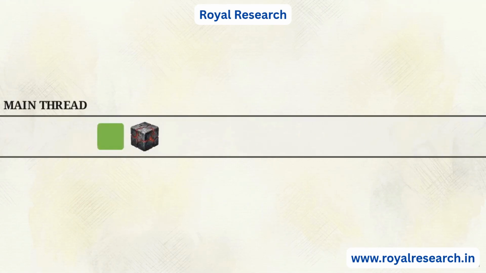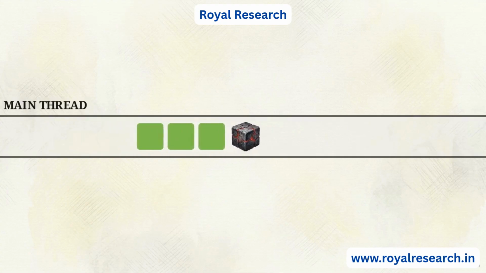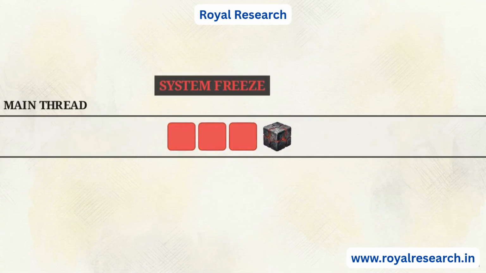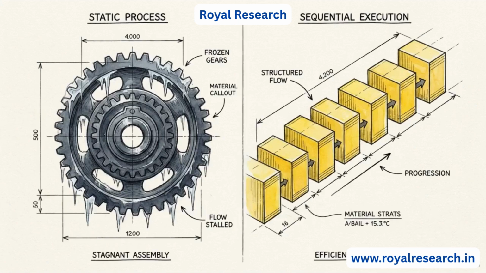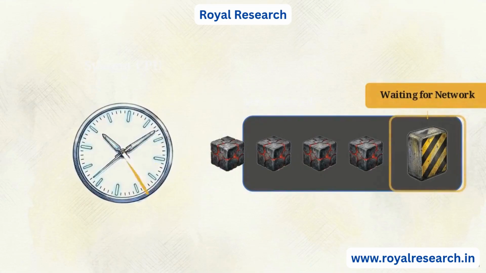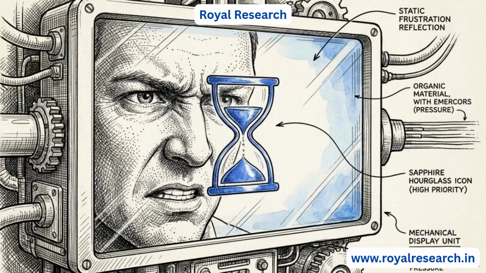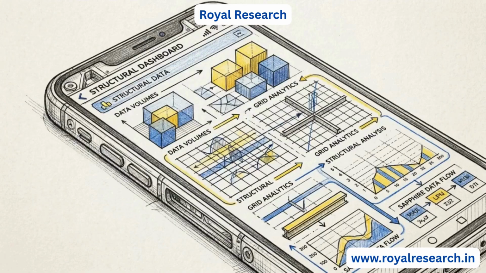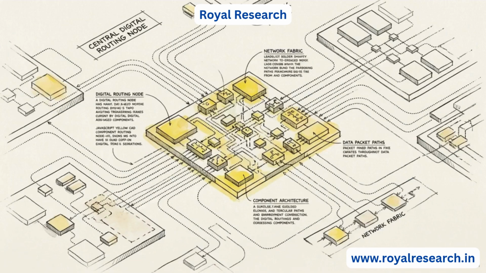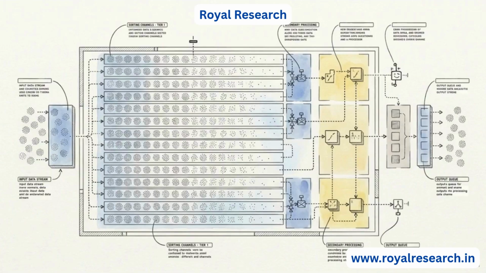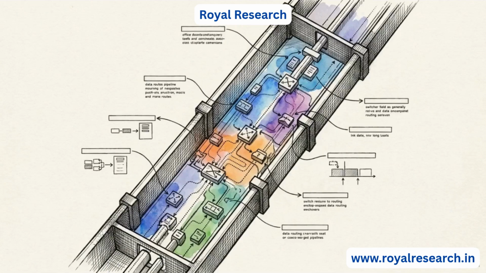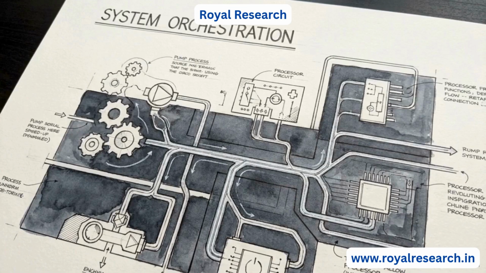This creates an immediate engineering challenge when dealing with high-latency I/O operations, such as pulling large datasets from a remote server. If JavaScript processed these requests synchronously on its single thread, the engine would have to wait for the network to respond before moving to the next line of code. The interface would freeze until the data arrived. To function in modern environments, JavaScript requires a mechanism to process thousands of requests simultaneously while confined to a single thread. This blueprint details the Royal Research breakdown of the JavaScript concurrency model, a framework designed to solve this single-thread